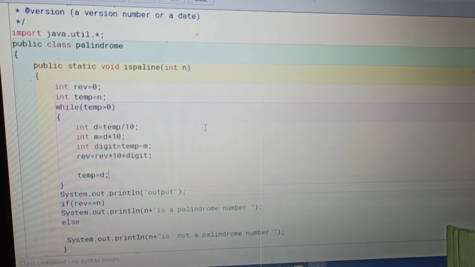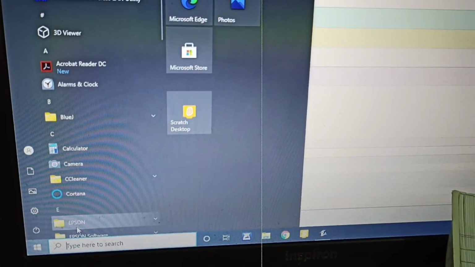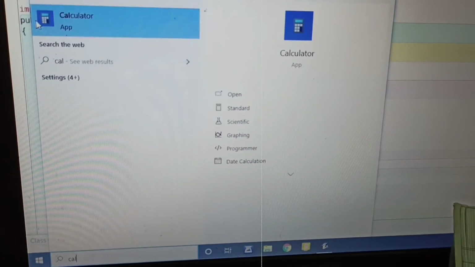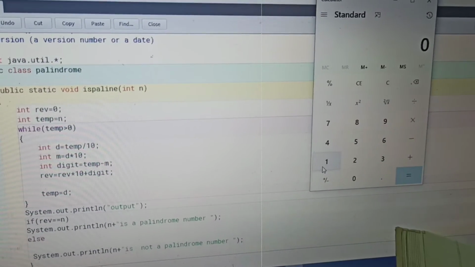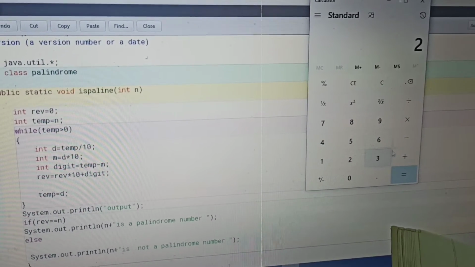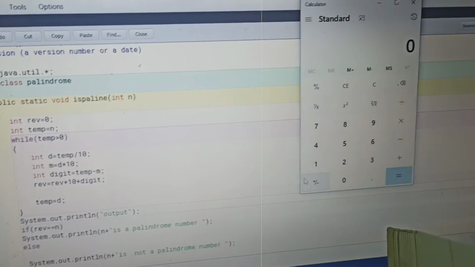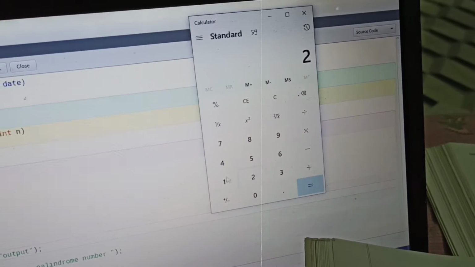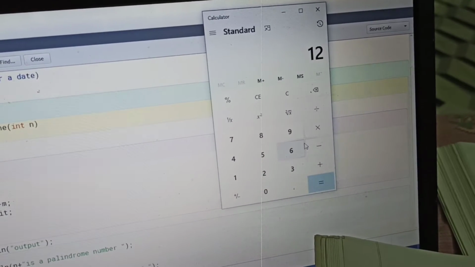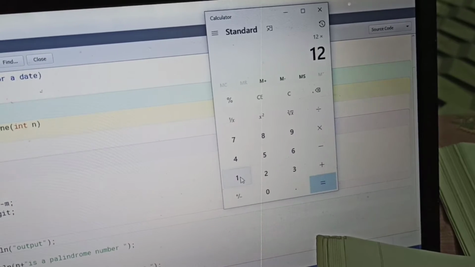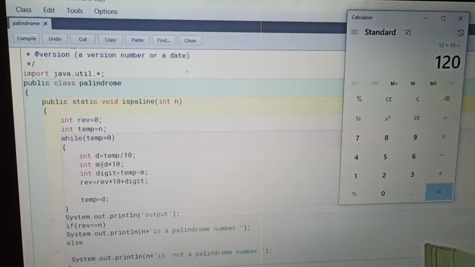What is 12 into 10? Sorry about that, let me do it again. 12 into 10 is 120. So 120 is going to be stored in the m variable.